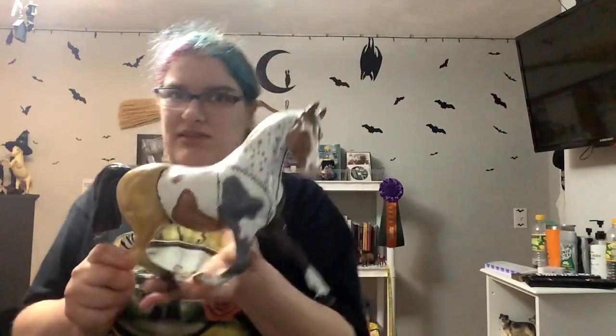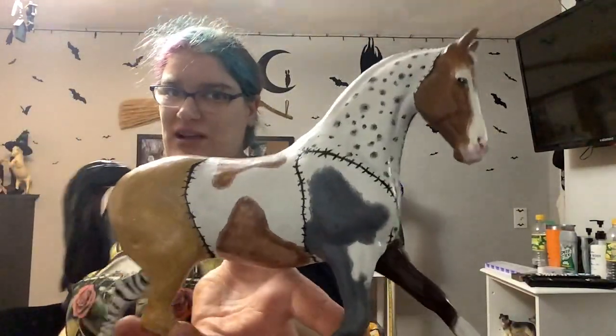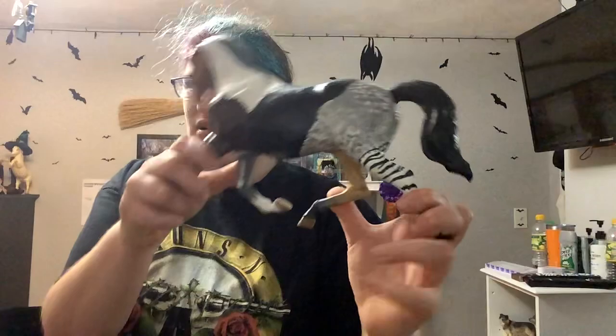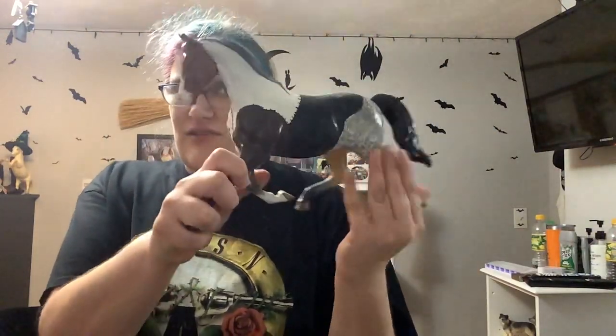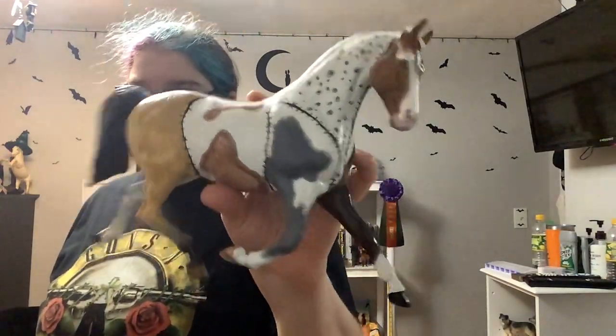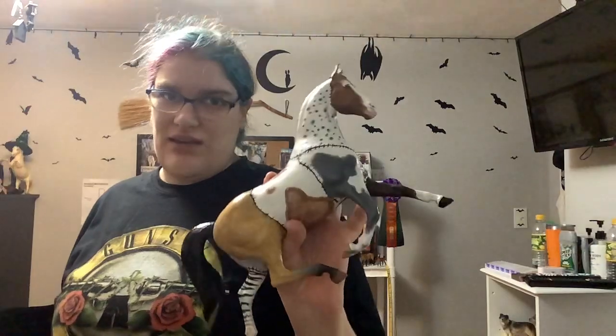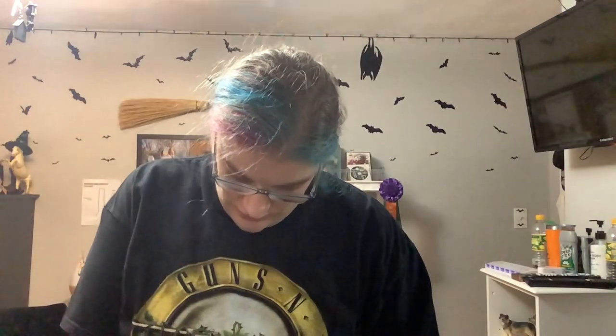And then I got this here at the swap meet. It's a customized horse. It's supposed to be like a Frankenstein kind of vibe. This guy actually wasn't that expensive. I was surprised because it's a lot of work to do something like that. So this guy was only $20, so I was like, yes, I'll take him. And this is really cool. I think it's actually a... Okay, I was incorrect with gender. It's actually a her, but I think of it more as a him because Frankenstein's monster was a him, so...